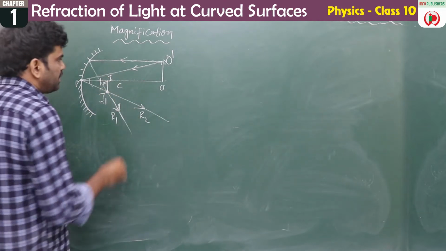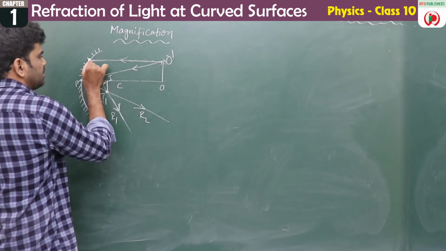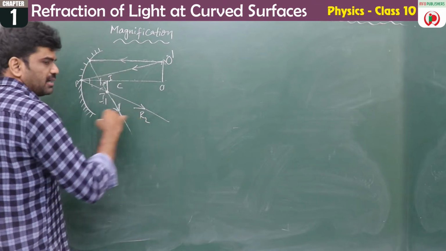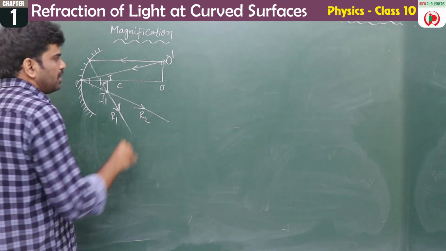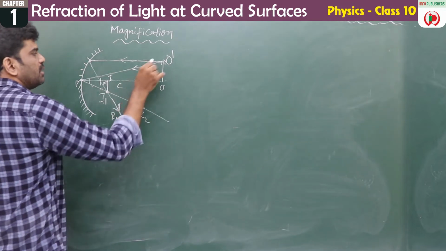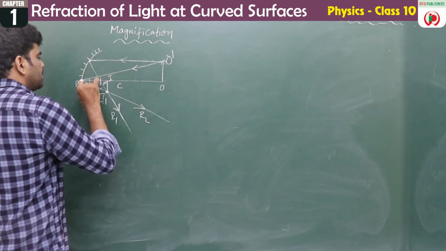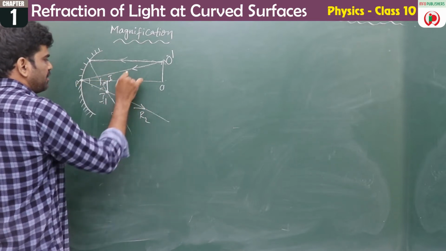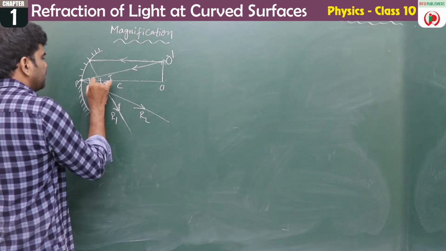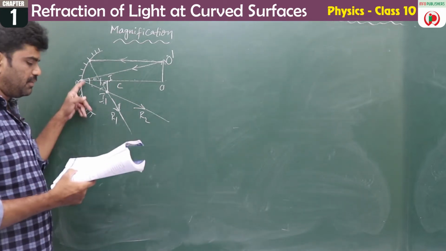Once again, this is a concave mirror and one ray incident parallel to the axis on the reflecting surface passes through the focus, that is according to rule 1. And this is rule 4, the law of reflection. One more ray incident at the pole gets reflected at the same angle, making theta with the pole.